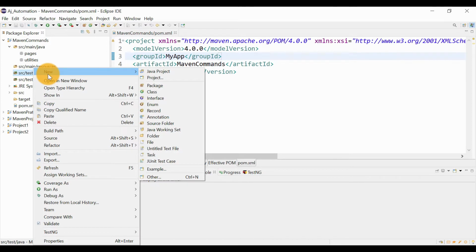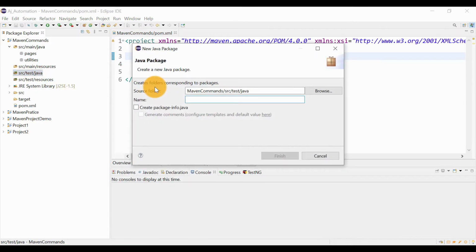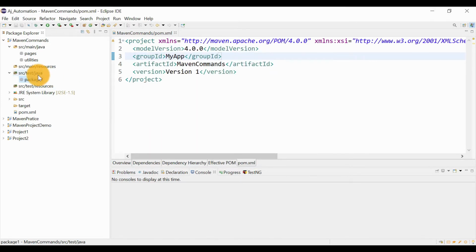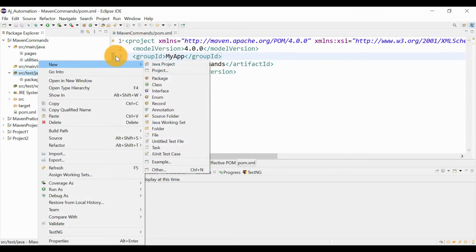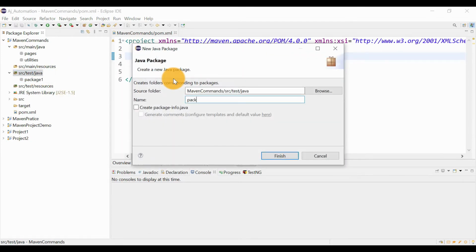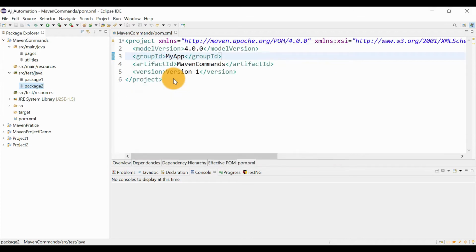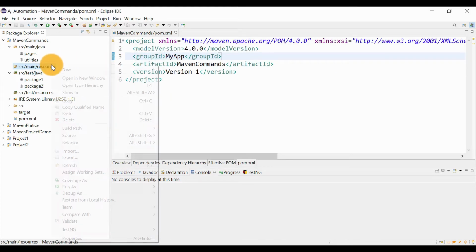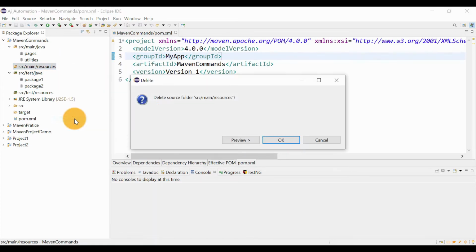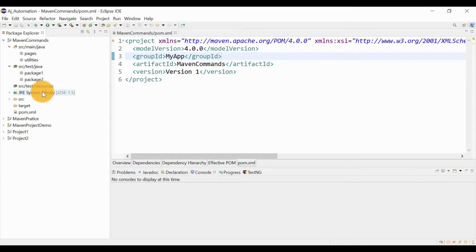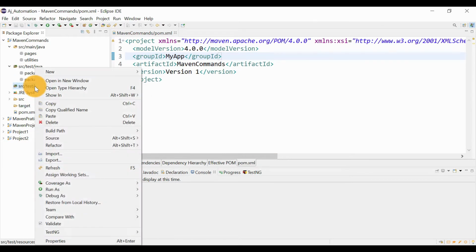We will create test cases, but before that we will create some sample packages. Let's give the name package 1, and another package, package 2. These resources folders are not required as of now, so let me delete src main resources and src test resources.